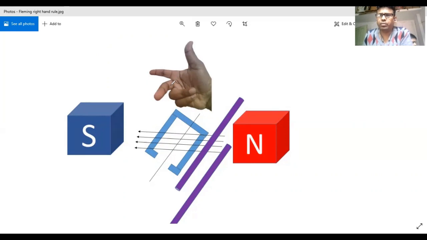The brief about this rule can be summed up or summarized in this form. So basically, Fleming's right hand rule works basically